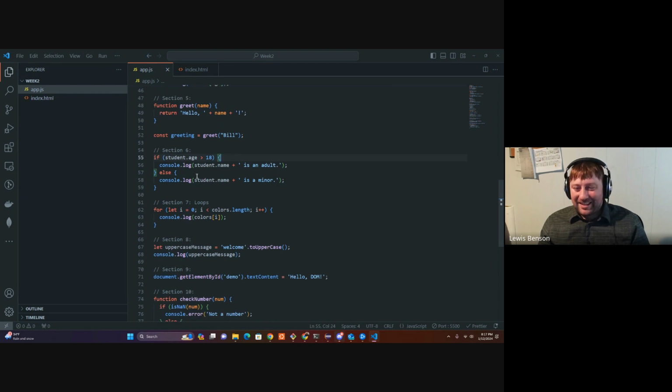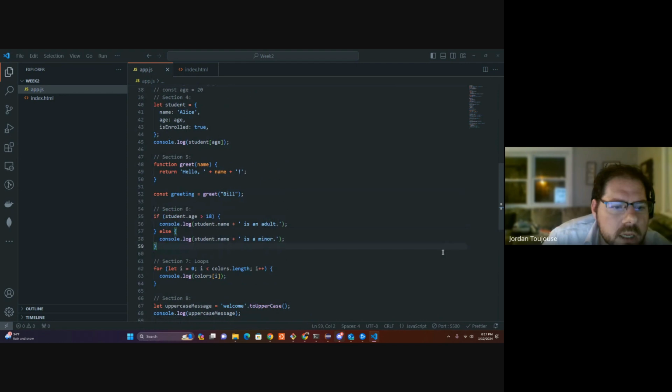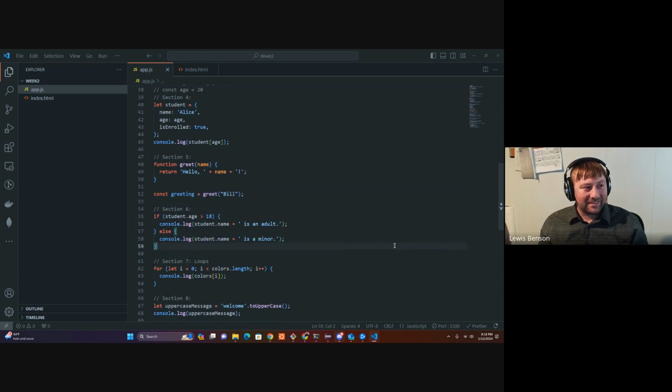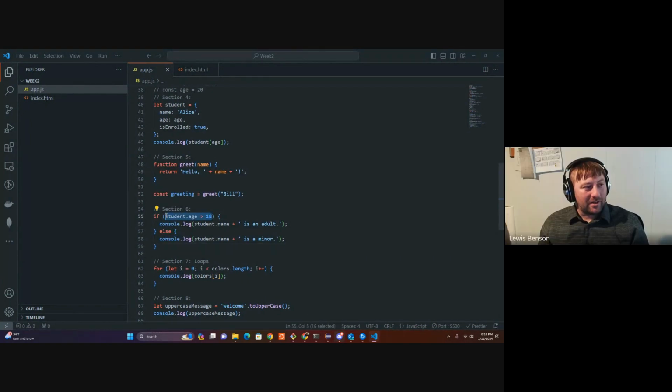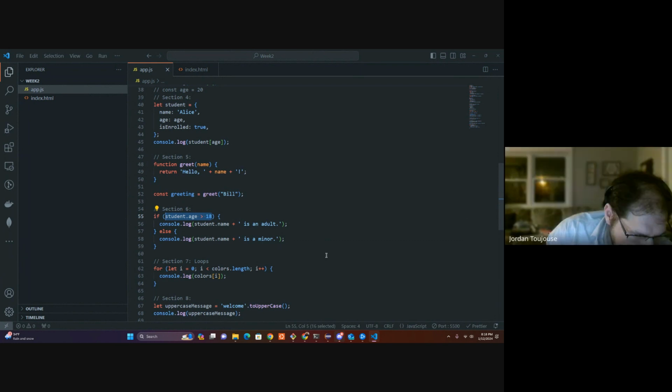All right, next section here. Jordan, do you want to tell me what's going on in section 6? Section 6 is an if statement. It is an if statement, yes, with our parameters saying student dot age greater than 18. Yeah, what do we call this right here? This parameter. Is that a variable, student from up above, and the value